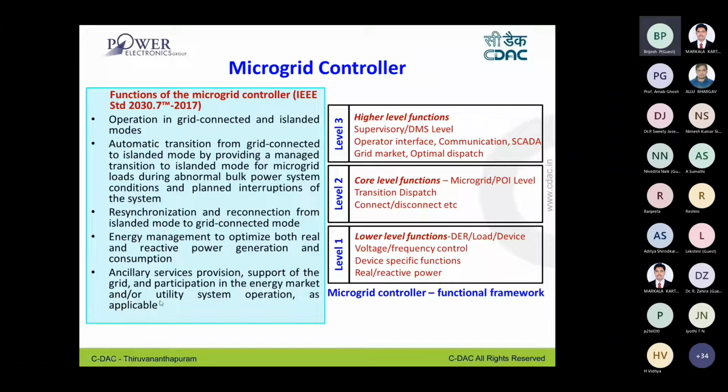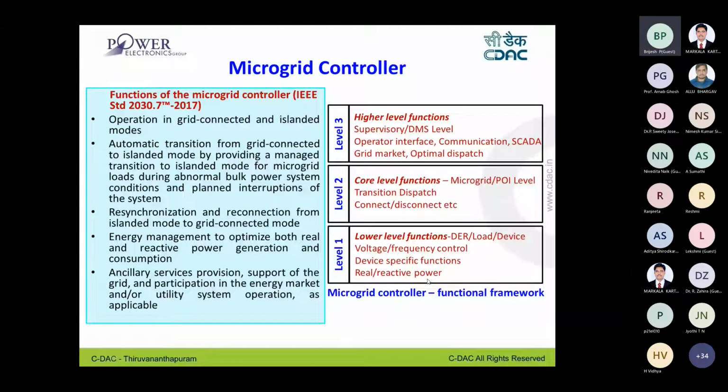When it comes to commercial terms, it can also support market evaluation and market integration of the microgrid. Basically, it's a multi-layered architecture. We have different levels. At level one, the lower level, the control includes voltage and frequency control, like droop control, and it is basically the controls in your power conditioning system.